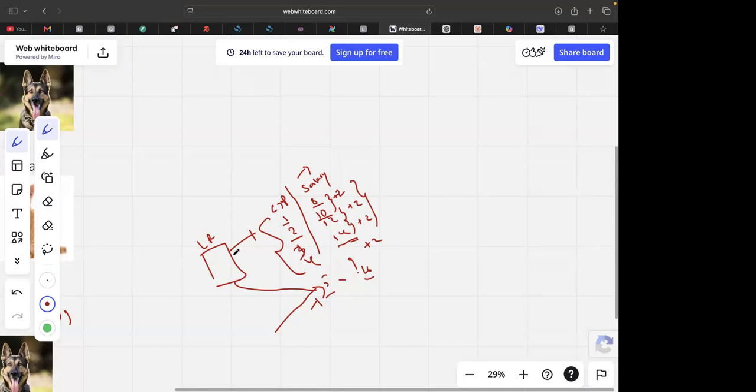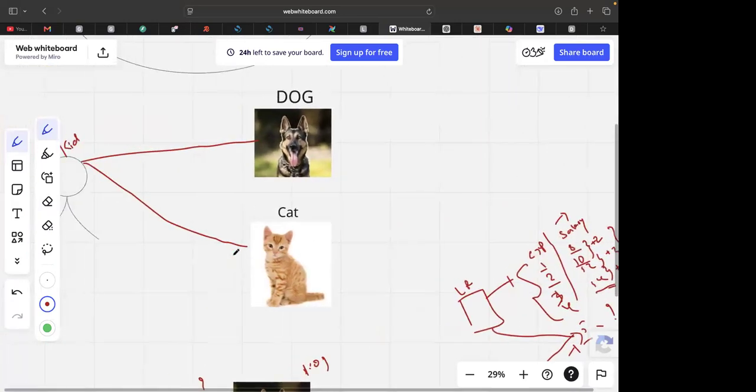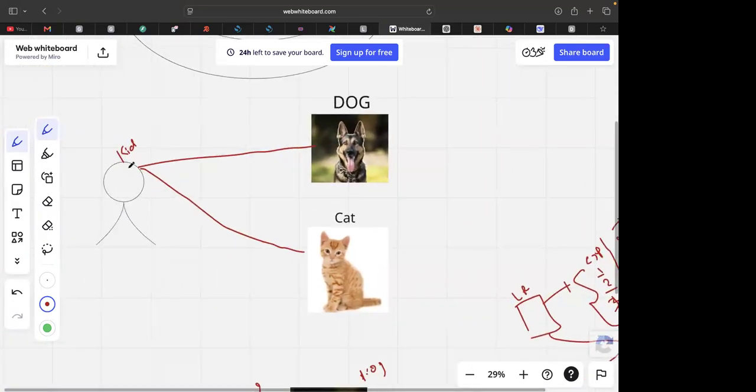Now, during the training, what is training? I'll tell you with an example. When the kid is, say, 3 to 4 years old, what a parent does